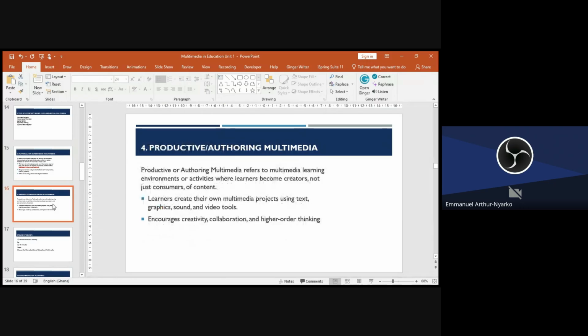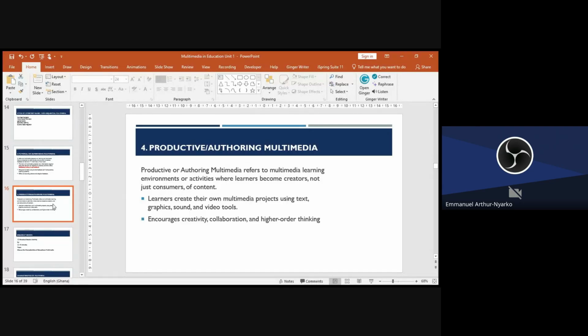And then we also have the authoring multimedia, or the productive multimedia. We are saying that they are multimedia environmental activities where learners become authors or creators, and not just consumers.